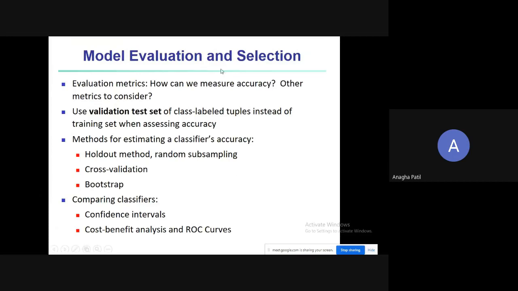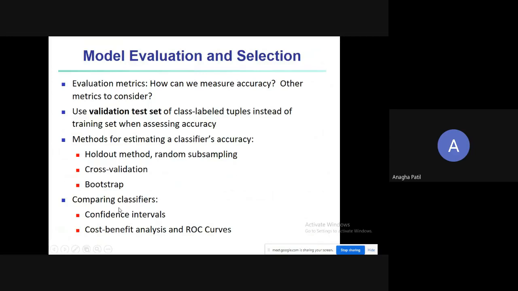So how can we measure the accuracy? Which classifier is more accurate? There are situations where, for the same problem provided to you, a particular classifier could work best. It's not for all, but sometimes one classifier is better than another. Just to add to your knowledge, these are the different methods: holdout method, cross validation, and bootstrap. These are the methods available to estimate the classifier's accuracy, that is, how accurate your classifier is, and this can be used to compare classifiers and see which is better.